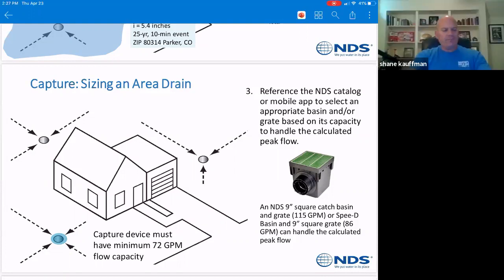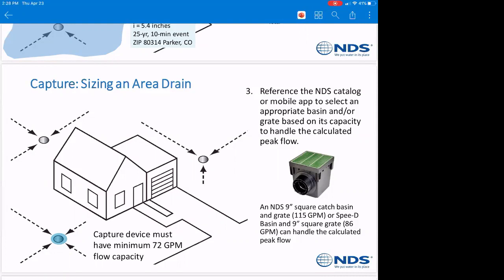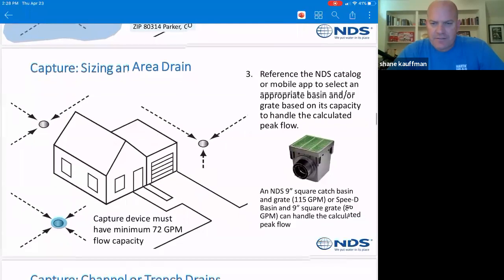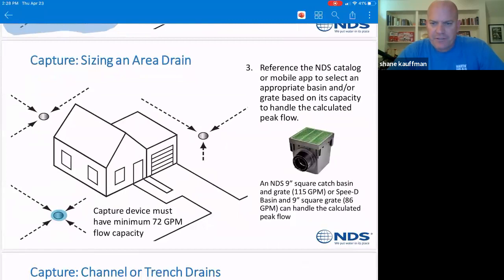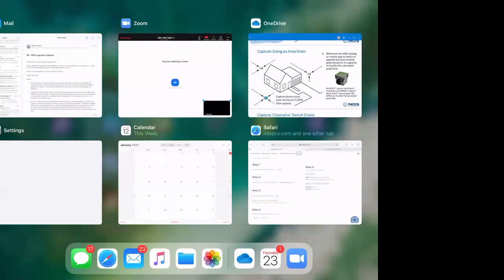Eric, it's Shane with Aquarius. Hello. So I see in this example, the 9-inch catch basin will handle that. Mm-hmm. How do you determine the size of the pipe that you need as well? Well, we go to here. Again, this is on,